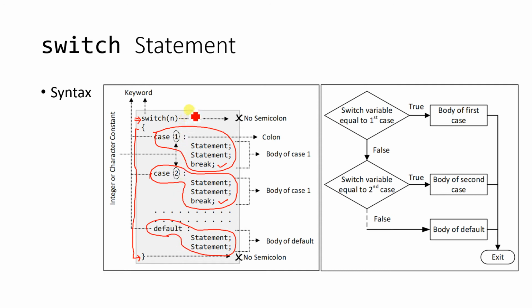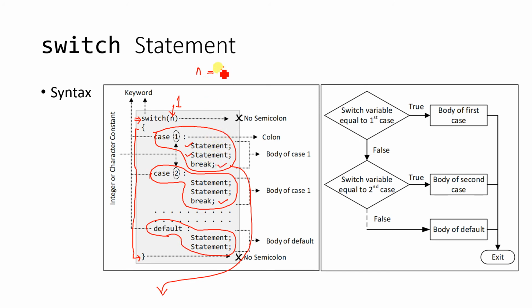Well, now suppose I ask you to enter the value of n. Somebody has entered the value of n as 1. So n will be taken as 1, that means switch 1. Switch 1 means you have to execute the statements present inside case 1, that is this statement, and finally the break statement will be executed and the control will come out of this switch statement after executing the statements present inside case 1.